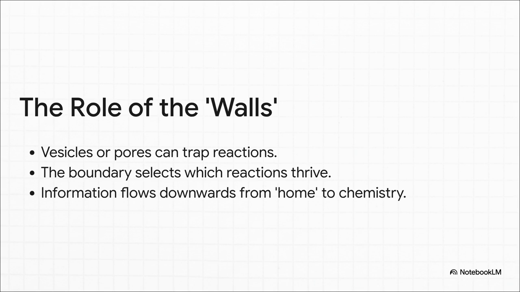These could be things that form naturally, like little bubbles of fatty acids called vesicles that trap the chemistry inside. But here's where it gets really interesting. The boundary does more than just hold things in. It starts to influence what happens inside. And this is a game changer, because for the first time, information is flowing down. The home starts shaping the chemistry it contains, maybe by favoring reactions that help make the walls stronger or more